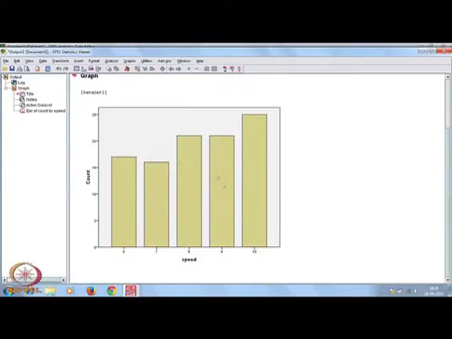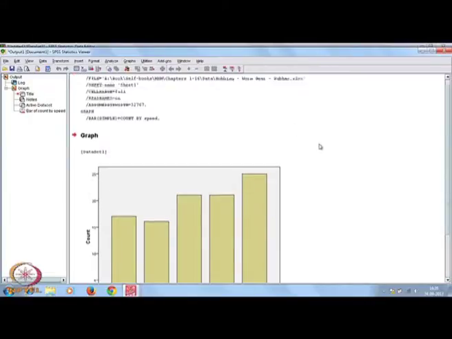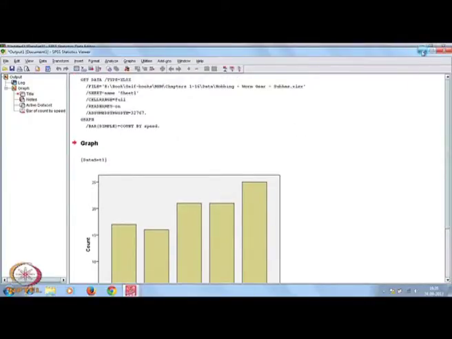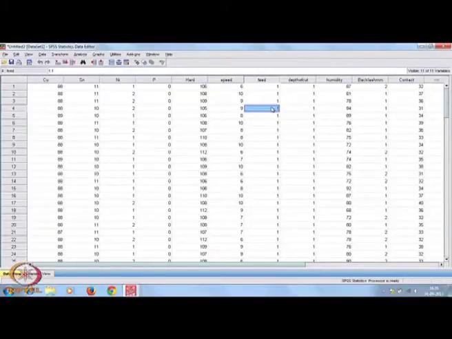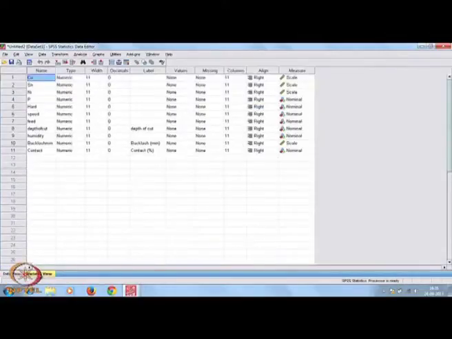See, this is the speed, with different values 6, 7, 8, 9, 10. Actually, these are the speed values. If I go back, I want to see what we have taken: speed value, not feed value. So let me go back to the data again.